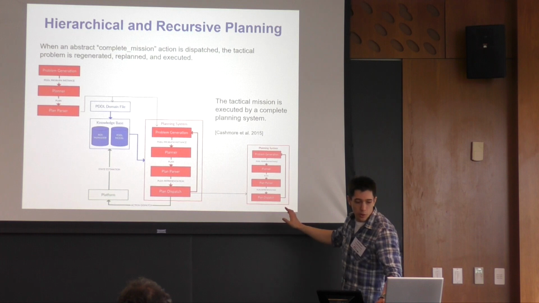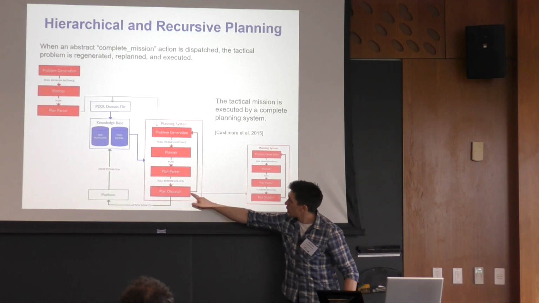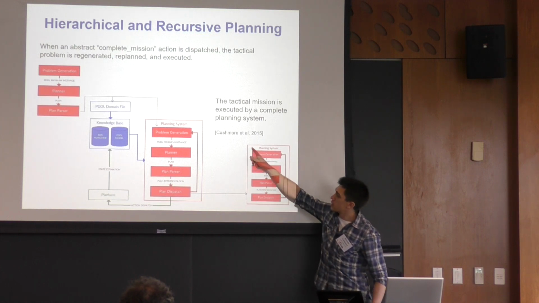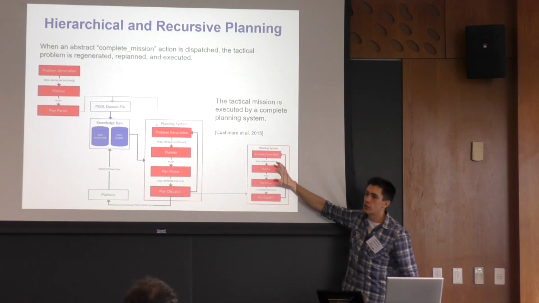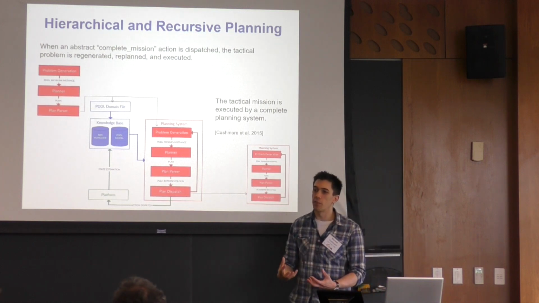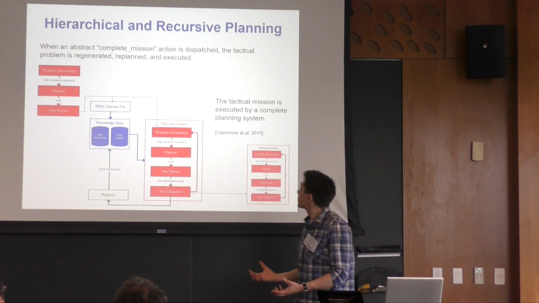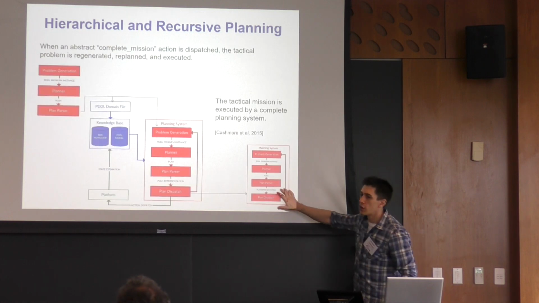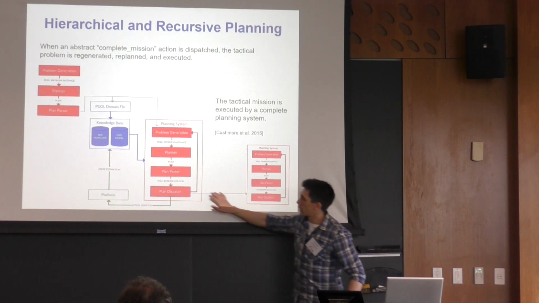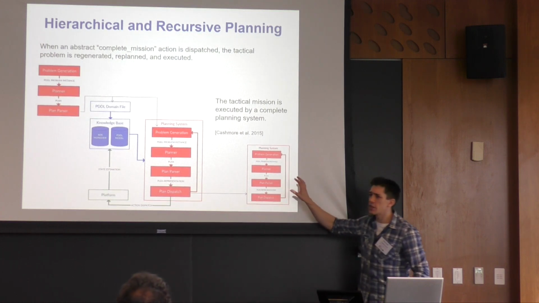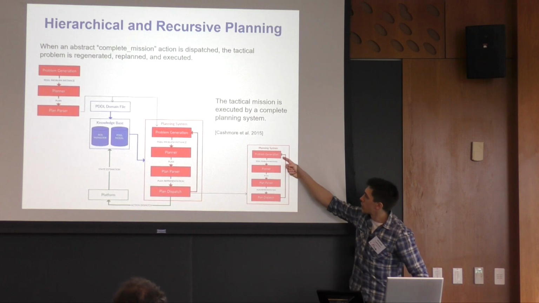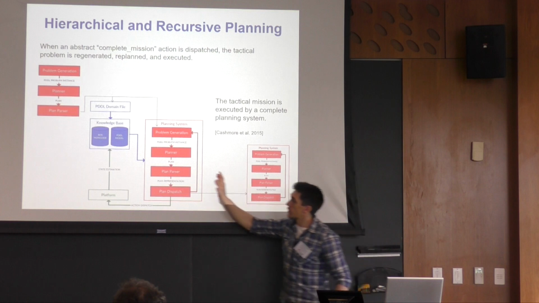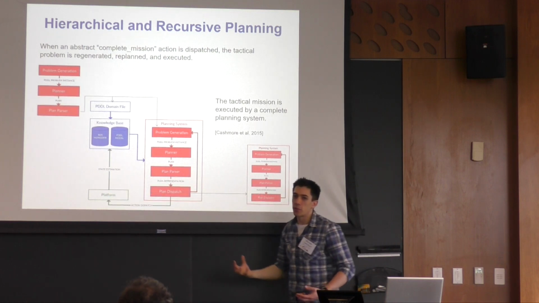However, upon dispatching these complete mission actions, the control for that kind of action is another planning system, another set of ROSPlan nodes wrapped inside one of these ActionLib servers, as if it were just an action. And this reports the success or failure of the complete action mission back to this plan dispatch. But within the tactical mission, the whole process of problem generation, planning, parsing, dispatch, replanning, and validating against the knowledge base is still being performed.